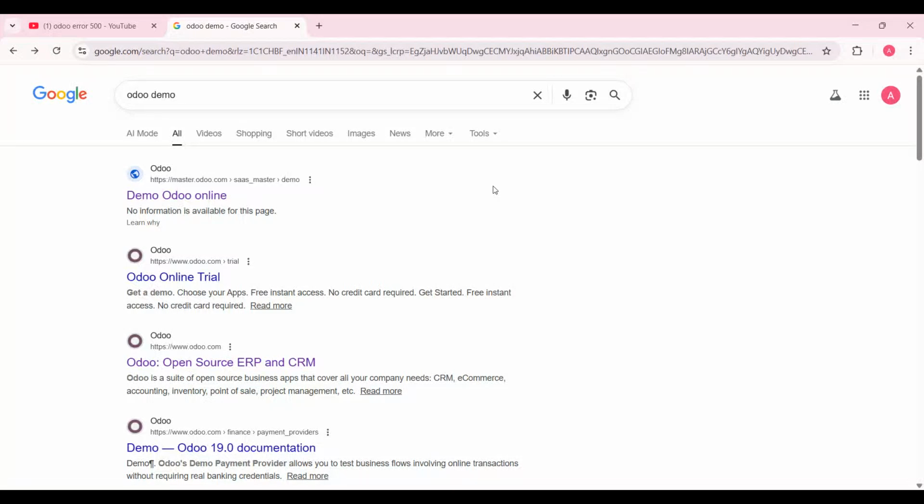In today's video, I'm going to show you how to change the logo in Odoo step by step using the Odoo online demo. This method works perfectly if you're testing Odoo, learning website customization, or just want to quickly update your branding without touching any code. By the end of this video, you'll know exactly where to click, how to upload your logo, and how to